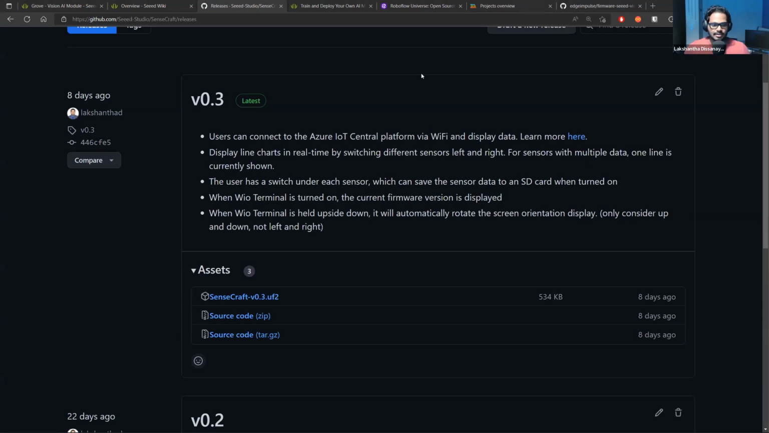If we go back here, we can see that it already created and loaded this USB drive. So what we need to do is copy this version 0.3 SenseCraft firmware into this particular USB drive. So once we do that,